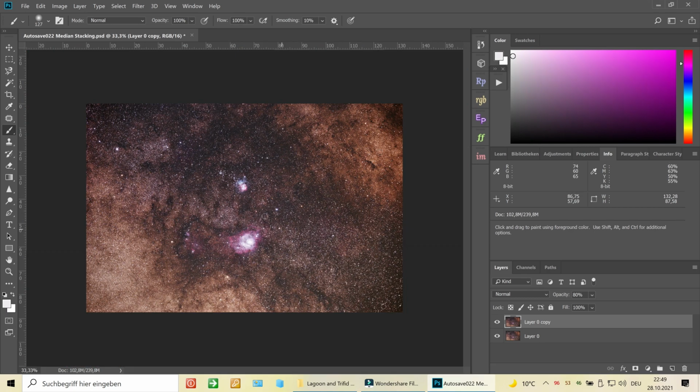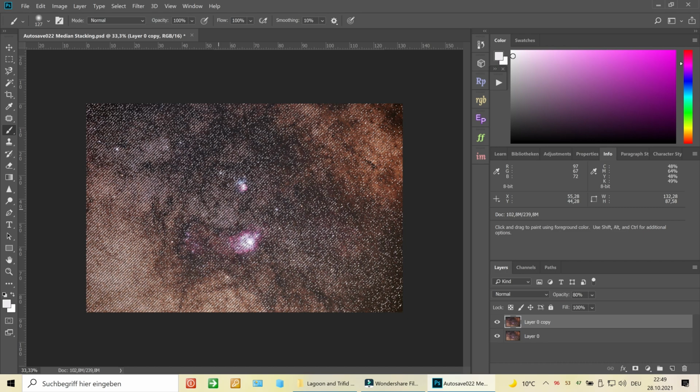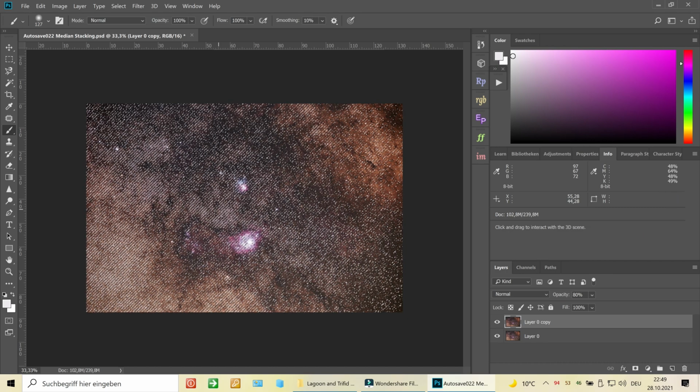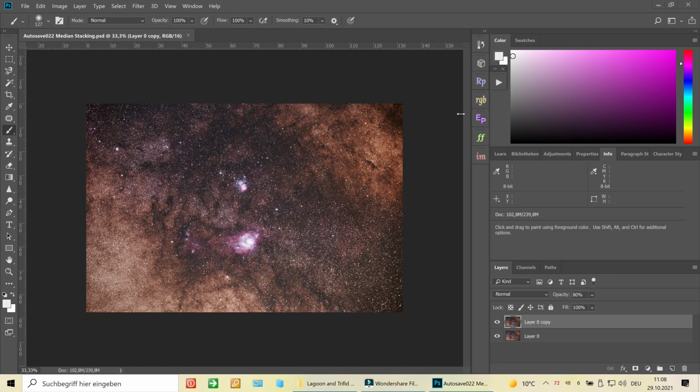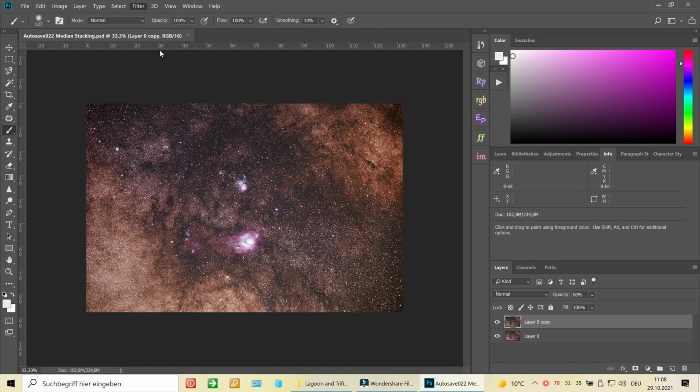After you have finished your star reduction, you need to delete the marching ants, Ctrl H to show them, and Ctrl D to delete them. Now we are almost done with our editing. But we are going to do some final tweaks to the image. We go to Filter, Camera Raw Filter,